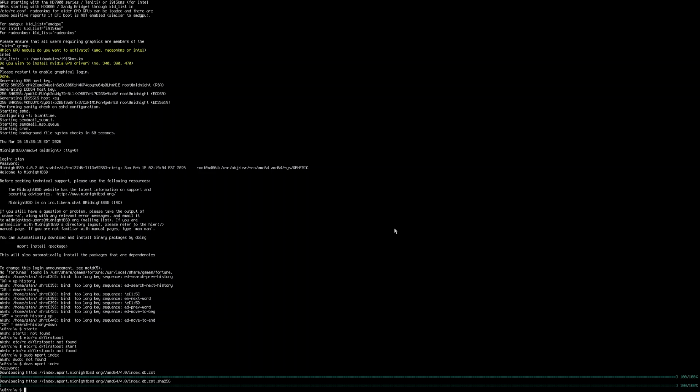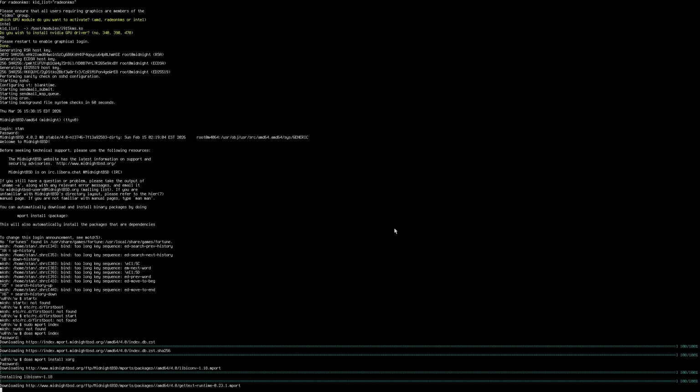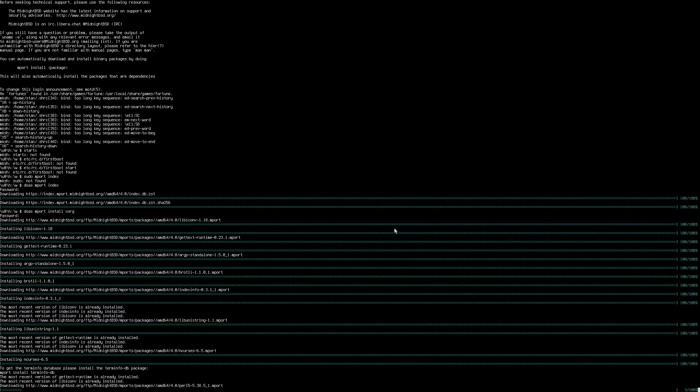Okay, that's done. Sudo mport install xorg. No, did it? Doas. Jesus Christ. Mport install xorg. Okay. Oh, it's asking for my password again. Damn it. Oh no, I accidentally revealed my super secret password that I always use on these things. Oh no, they're gonna hack my machine while it's unplugged.